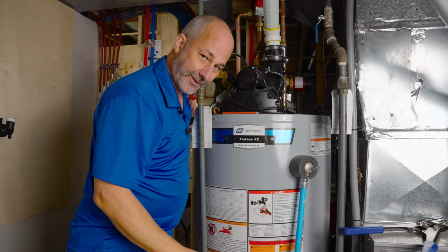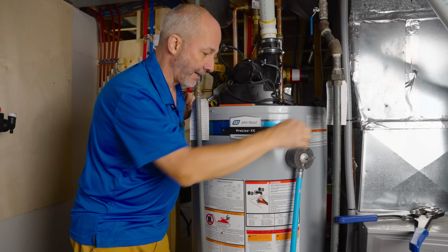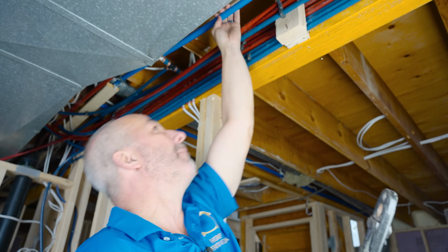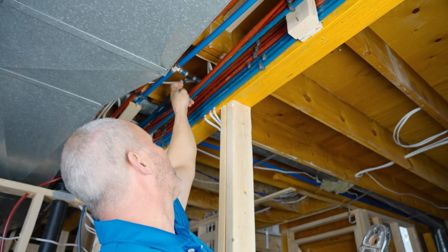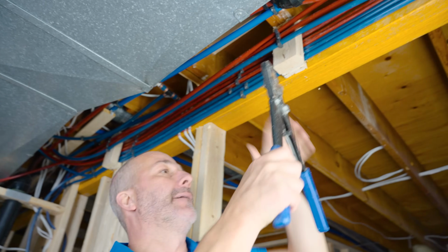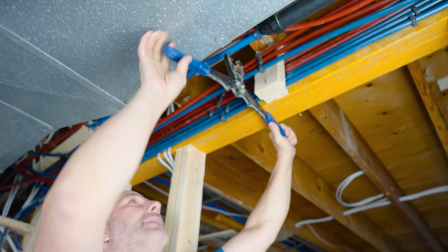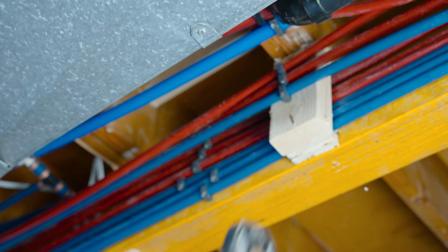We're not looking for perfection here. We just didn't want to have that happen when I cut the line. I think I'm good. All right, time to move on. All right, so here I've identified my main water line, okay? This is where it tees off and goes back to the outdoor faucet. But I'm going to be crimping this line. So you can see I've got to at least get that water line 3 inches down before I'd be able to do this job. So